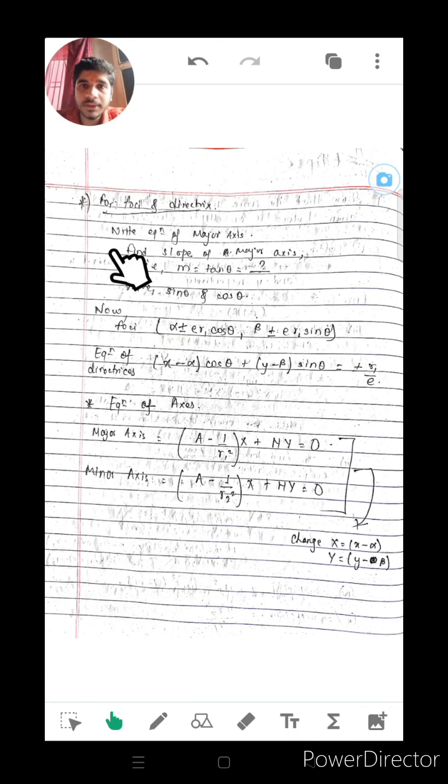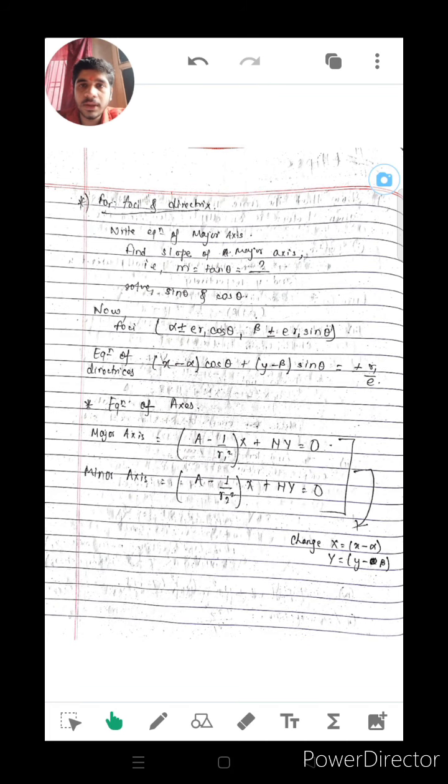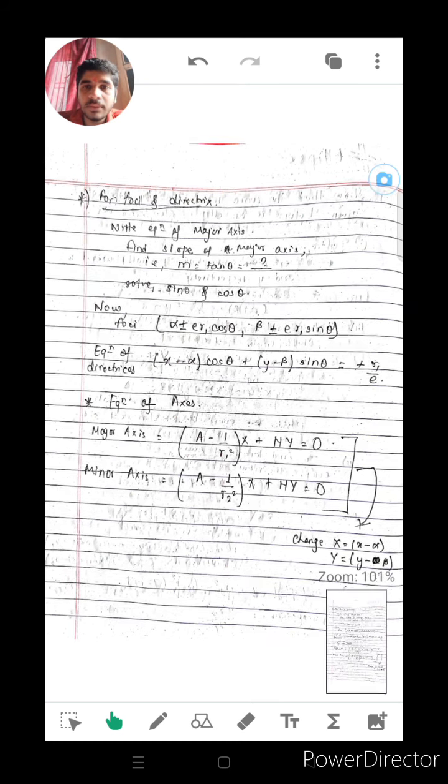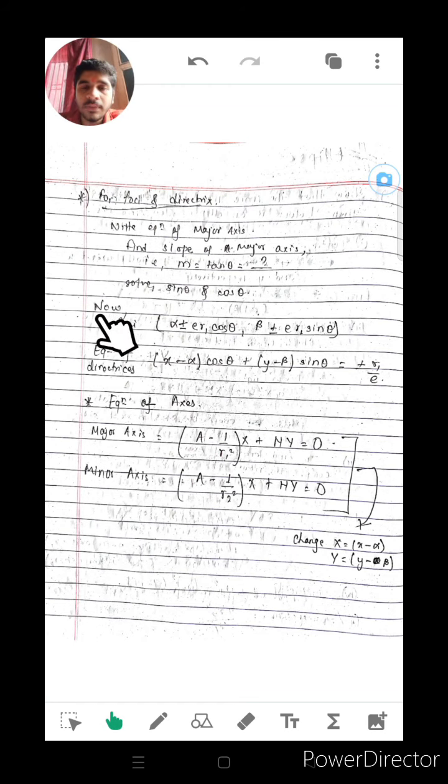For foci and directrix, it's so simple. Write the equation of the major axis, find the slope of the major axis, and put m equals tan theta. Using m, apply the Pythagoras theorem to find the values of p, b and h, and put them in sin theta and cos theta. For foci the formula is: alpha plus or minus e r1 cos theta, comma, beta plus or minus e r1 sin